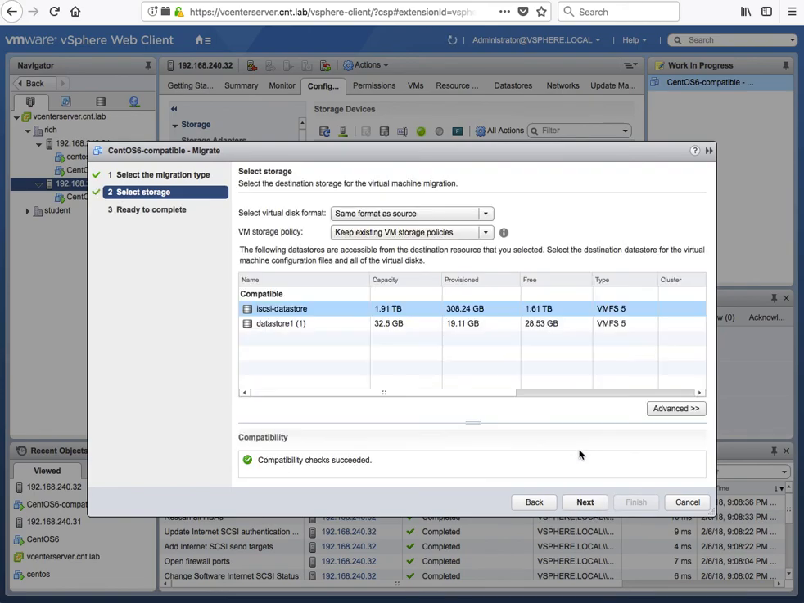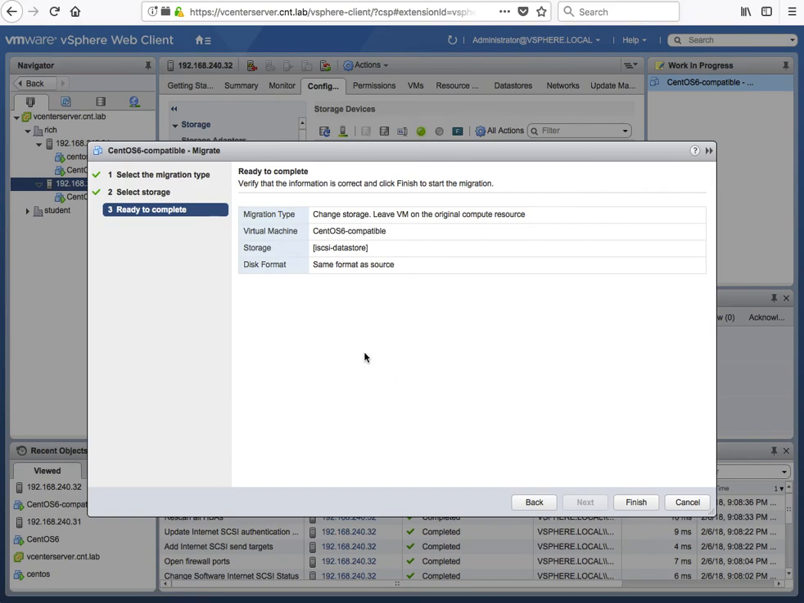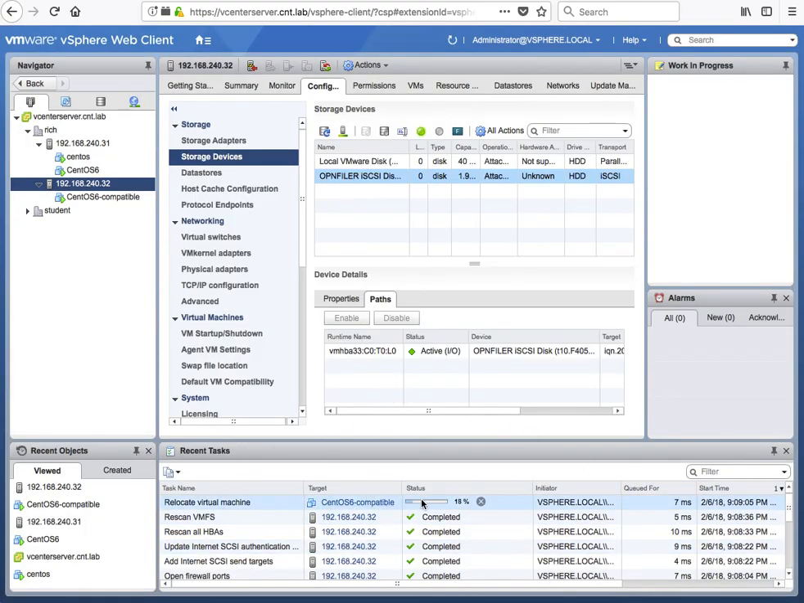And I'm going to pick the iSCSI datastore, hit next, and we're going to say change storage, leave the VM compute the same. So the compute is going to stay on the same host. We'll hit finish, and we'll see what happens. All right, it's copying my disk over to the shared storage. And it's going. I was kind of expecting this not to work